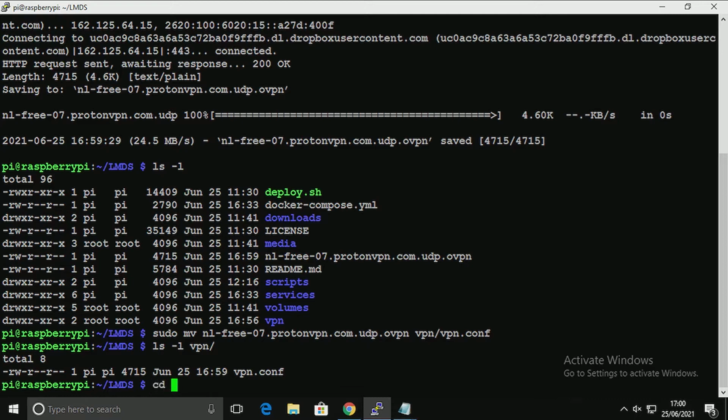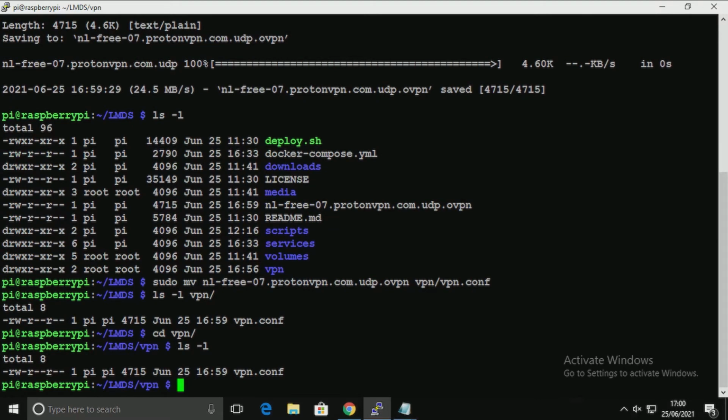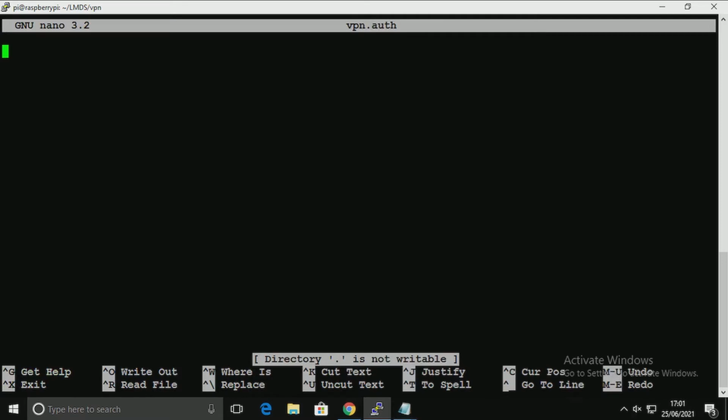Next, we have to create an authentication file in the same place. So I'm just going to go to VPN folder here, list it again, and we're going to create the vpn.auth file. What's important here, it's not the name, but the extension. So you have to have 2 files, conf file and auth file. So what you're going to put in here is your username, and